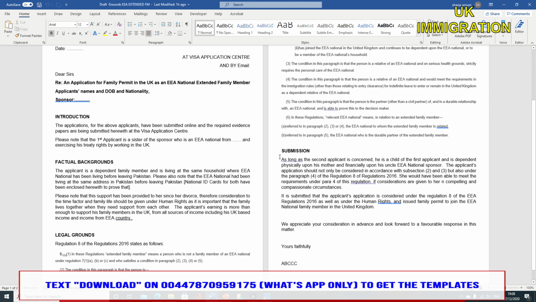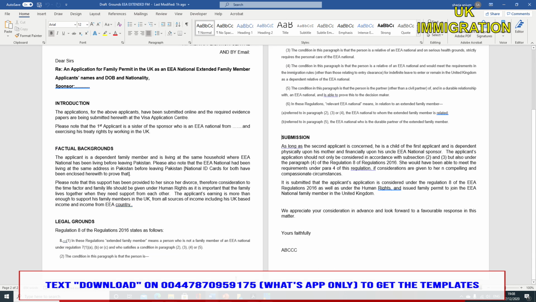जब आपने लीगल ग्राउंड लिख लेने हैं और in the final paragraph you are going to mention your submission. Why do you think that your case should fit into the legal requirements. So this is where you are going to put your case forward, and this is where you are going to make your submission that why your case should be allowed and your appeal should be allowed. So जब आप ये सारी चीजें इसमें ग्राउंड्स में लिख लें, उसके बाद